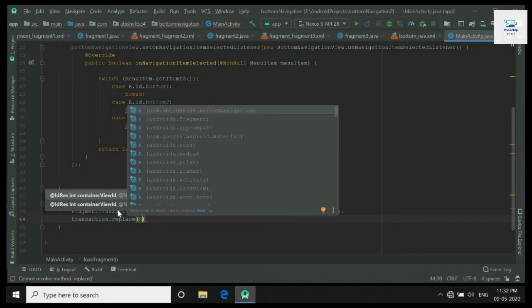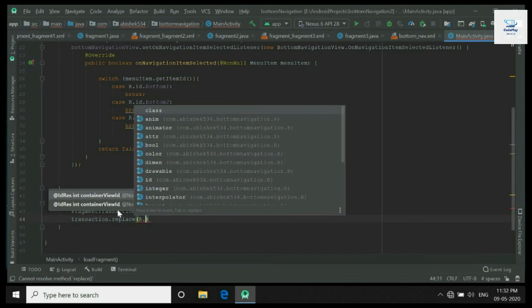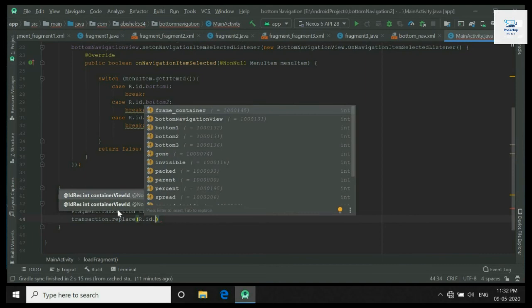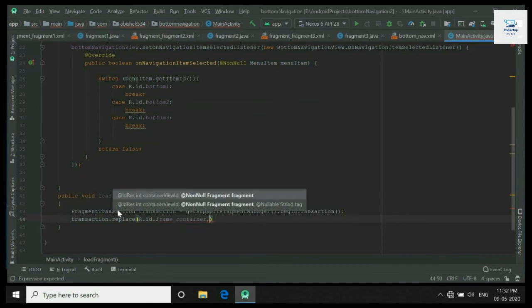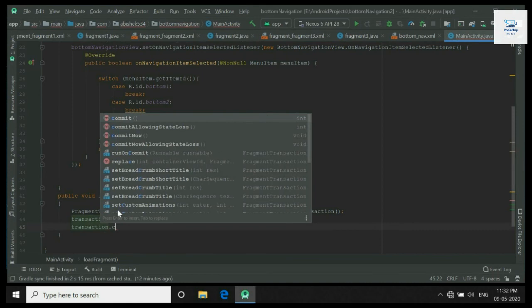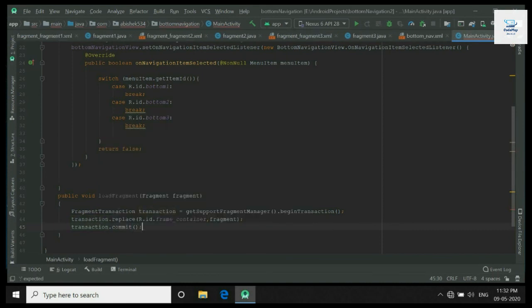So we will give the ID of the frame layout. Now our load fragment method is ready.